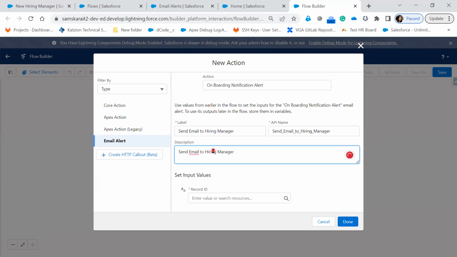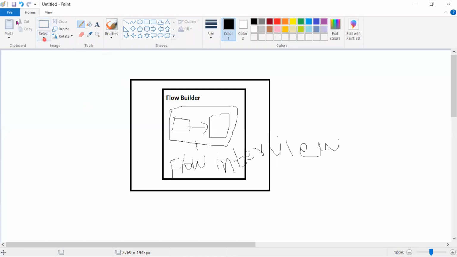Now select the input values. It is asking me to give some record ID. Which record do I need to send an email for? In hiring manager, I have multiple records. But from whatever we just did, from the record triggered flow we created right now,